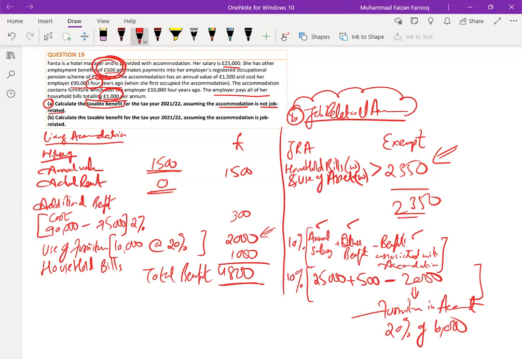This is a very important benefit. Many students ignore it because it's a very small part of your study text, and in the examination kit there is no question available on this topic. So please don't leave this topic. It's an important topic. The examiner might examine it for a 2 mark MCQ or MTQ. So please